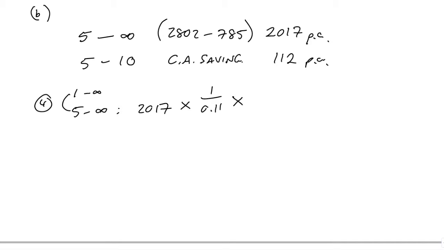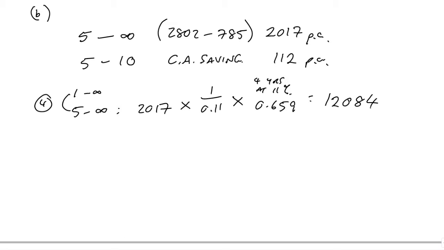So we then need to discount for 4 years at 11%. And 4 years at 11% is 0.659. And so the present value of those flows, 2017 divided by 0.11 times 0.659, is